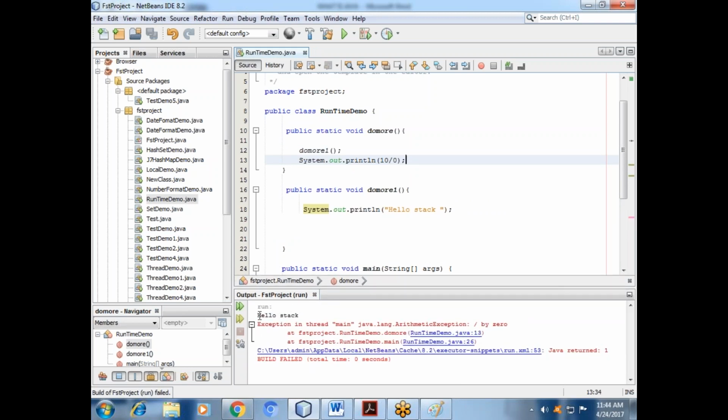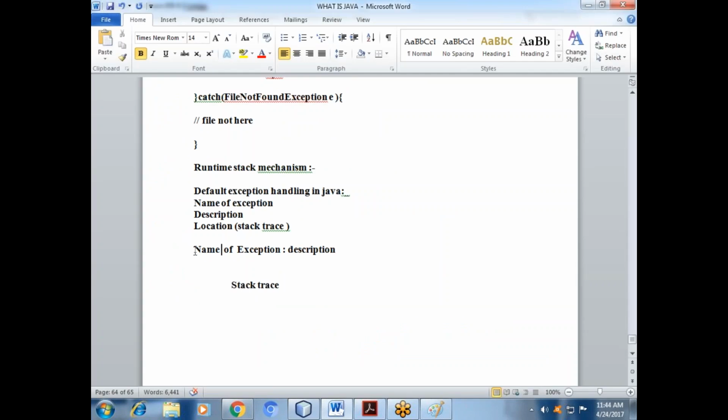See, you are getting the stack. Then: exception in thread main java.lang. What is this one? See, this is the Java lang package name.